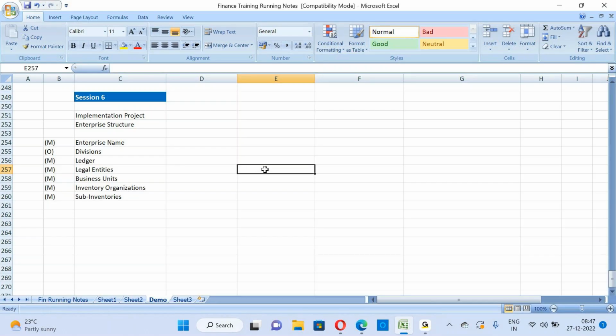And one or more business units can be assigned to one ledger, and one business unit can have one or more inventory organizations. One inventory organization can have multiple subinventories. Coming to the lower level, you can have one or more entities defined in the Oracle application. That purely depends upon the business requirement, how they want to report. Okay,